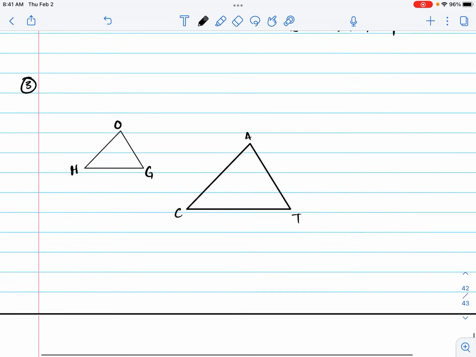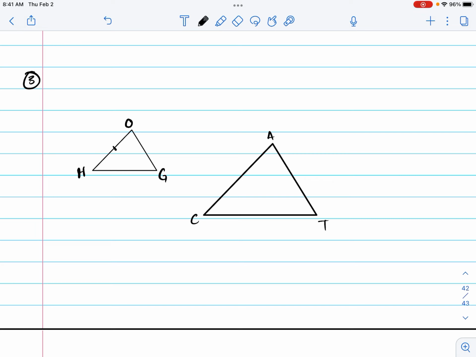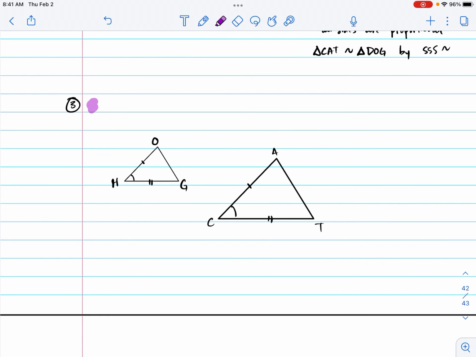Okay. And this postulate says that if we have 2 sides that are proportional to 2 sides in a second triangle, and the angle between them, the shared angle, is also congruent, we have similarity. So taking a look at this, it actually looks like one of our old postulates, side, angle, side, and it is, except this is for similarity. So we have side, angle, side similarity, which states if 2 corresponding sides,